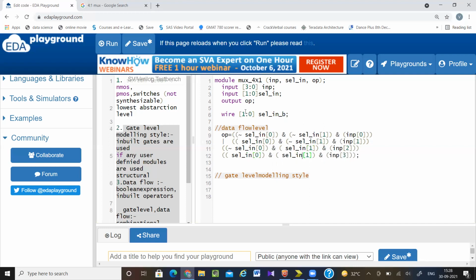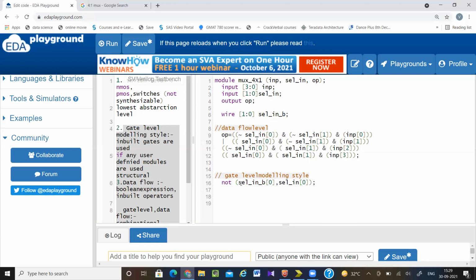Okay, so first I have to calculate the select in bar. So here I have to use the inbuilt gate, NOT gate. Next, remember whenever you are using any inbuilt gate in Verilog, first one is your output. Next, whatever you're writing, that will be taken as the input. So first I will be writing output select in bar of 0 and input equal to select in of 0.